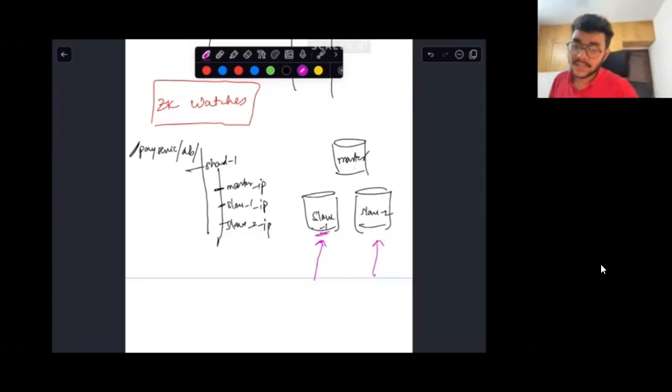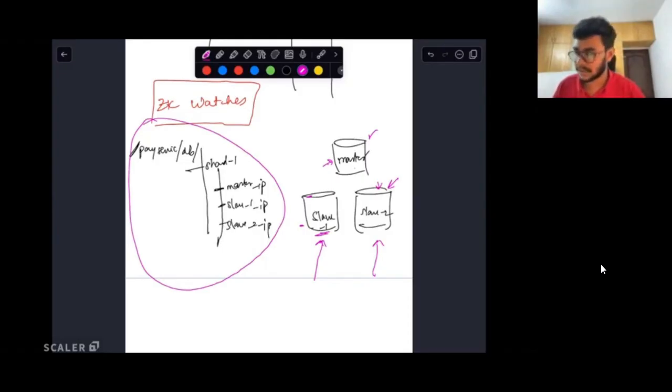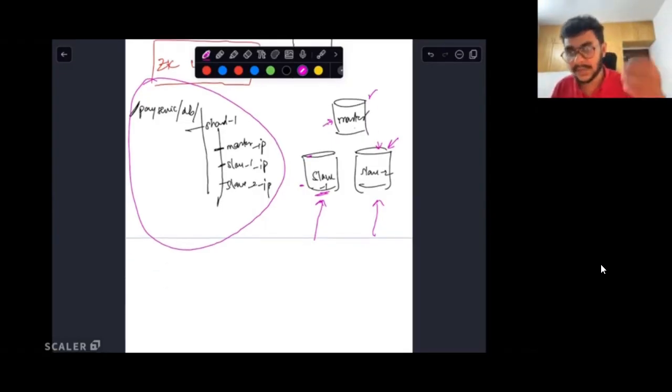Kapil, you're saying configuration. No, not configuration. See, Kapil, if you store it as a configuration over here, then you need to update it also. Right now the master is over here. What if the master moves over here? How will this slave know that initially I stored in my configuration parameter that this is the master, but now the master needs to be over here? So yes, Zookeeper. It will send a request to the Zookeeper machine. Basically, the Zookeeper manager will get this request.